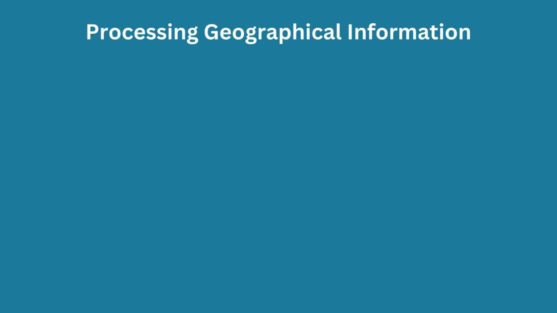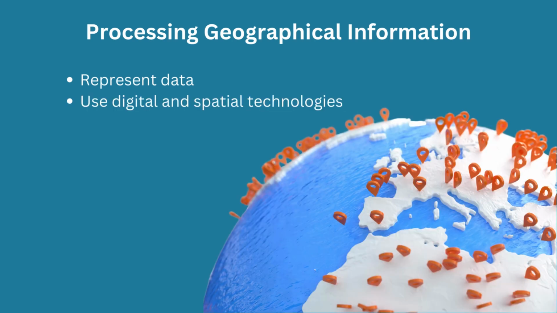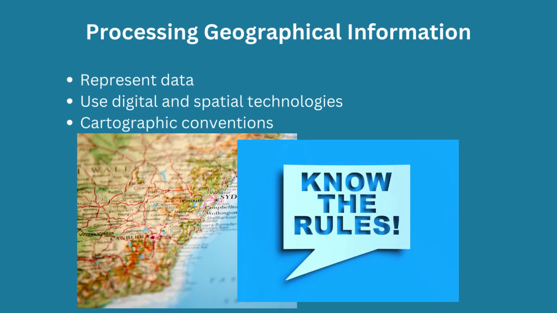The second part of a geographical inquiry is processing geographical information. Students need to take the data they have already collected and represent this data in a range of different forms. Students could use digital and spatial technologies to organize and represent their data. Students should consider cartographic rules when representing data on maps. This includes clear information such as a title and labels, explanation of map symbols, and indicating the orientation of the